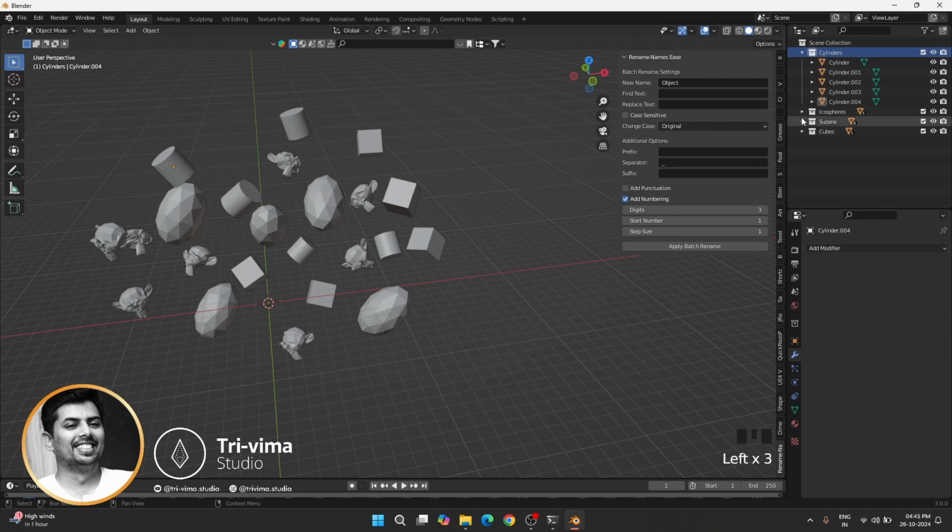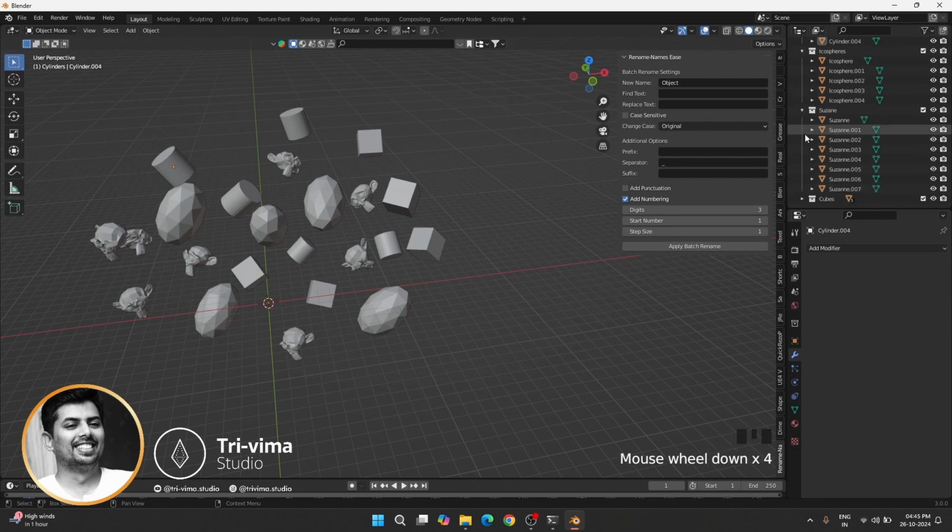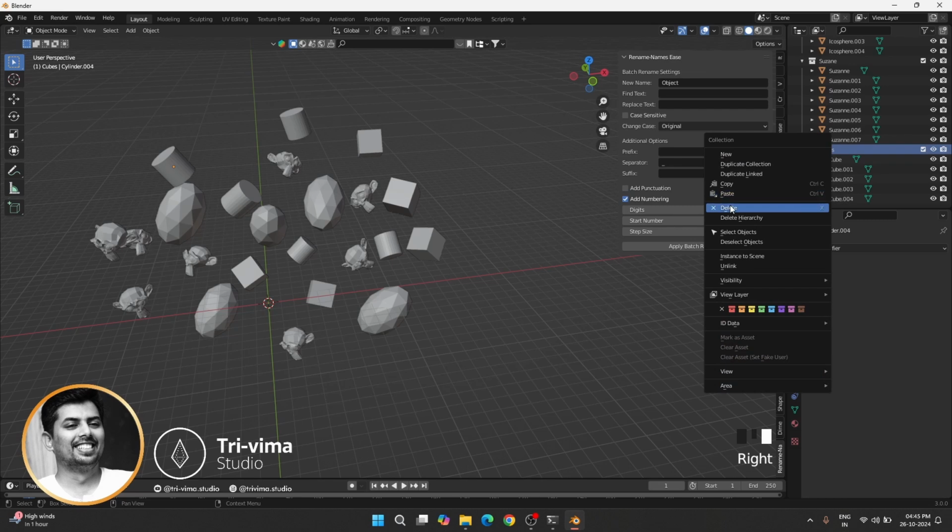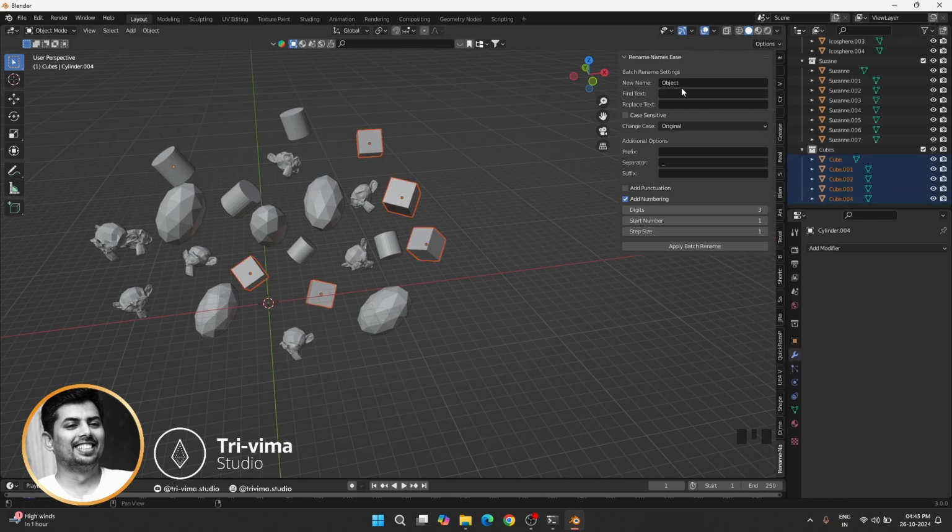Okay. So what happened now? I want to change the internal objects inside these collections. I want to give some other name. So let's select cubes, select objects, and what I'll do, let's give a name. The new name will be box, and I want a prefix that is TS for Tri-vima Studio, and